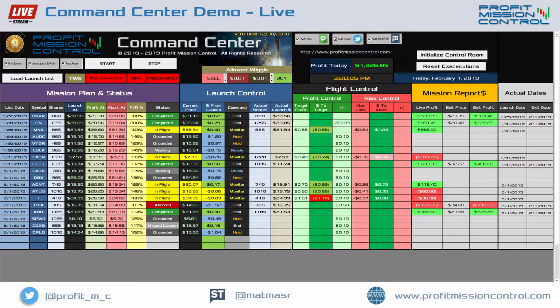Closing today, about 4 completed launches. I've got 5 in-flight launches, and we missed one launch today, which was CDXS. So what I wanted to show you is just what happens every day after the market closes and after all my trades are done. Obviously I stopped the application, but then I also have a second